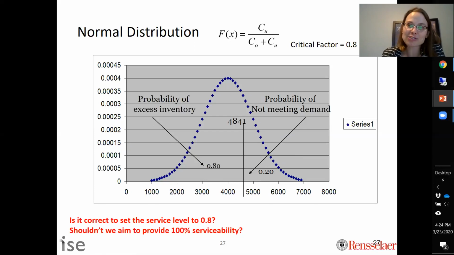You could ask whether it is correct to set the service level at 80%. If your problem has overage and underage, and you calculate the critical value, then yes. If you calculate the critical value at a different answer, let's say 0.7 or 0.9, that will be influenced by the ratio of underage and overage cost, and that's how you should set it. But you may think, shouldn't we aim to provide 100% servability? The issue is that would mean we'd move Q over. The probability of not meeting demand would be 0, but we'd have lots of inventory left over, which costs us. So the answer is no, we shouldn't aim to have 100% servability if your critical value is calculated as less than